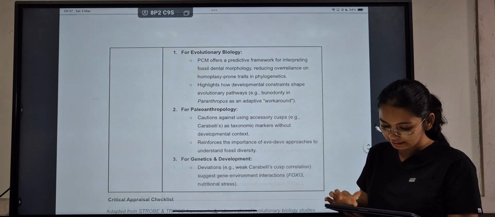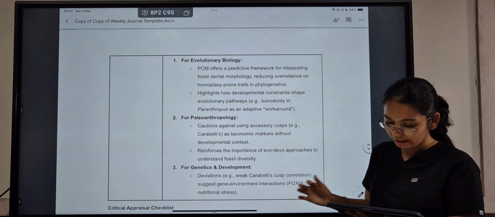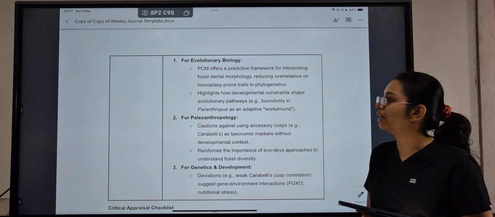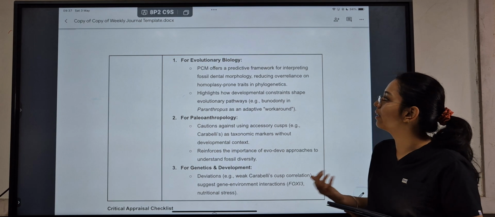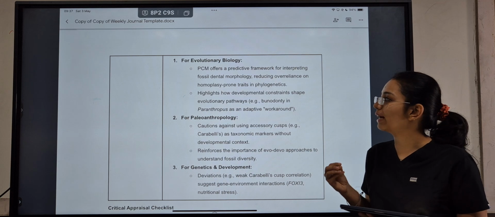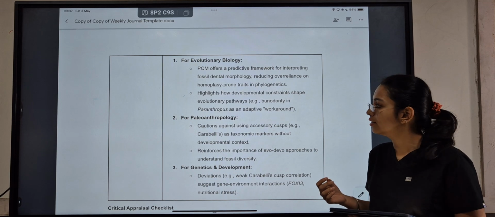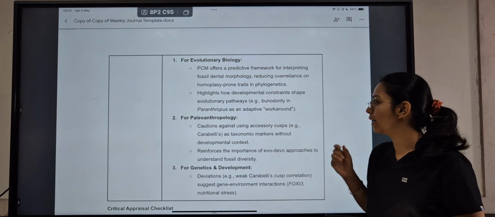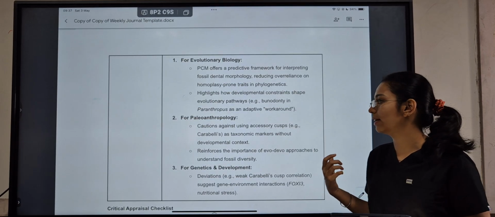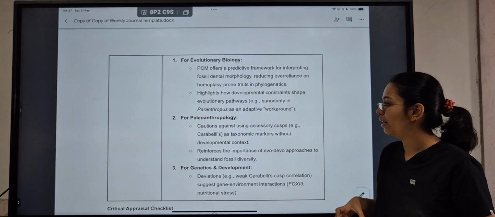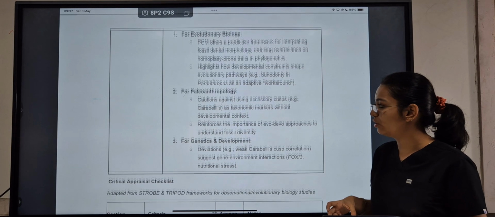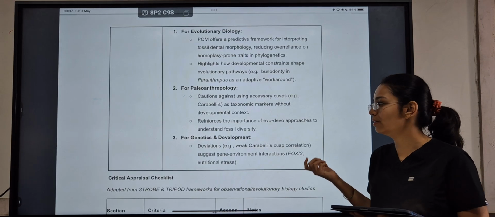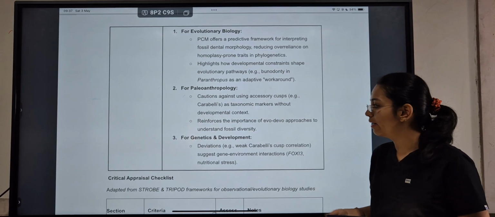And the implications for evolutionary biology. So PCM offers a predictive framework for interpreting fossil-level morphology, reducing over-reliance on the homoplasy-prone traits in phylogenetics. So it highlights how developmental constraints reshape the evolutionary pathways, like bunodonty in Paranthropus as an adaptive workaround. And for paleoanthropology, it cautions us against using accessory cusps like Carabelli as taxonomic markers without developmental context, and it reinforces the